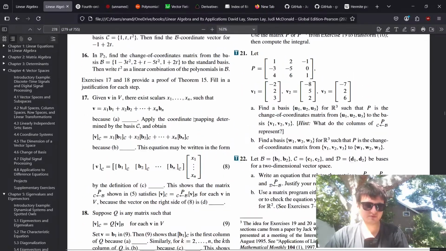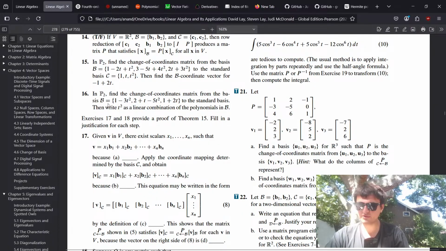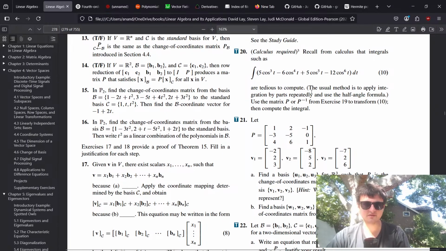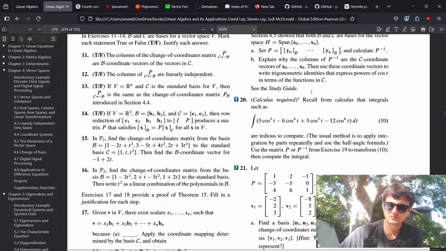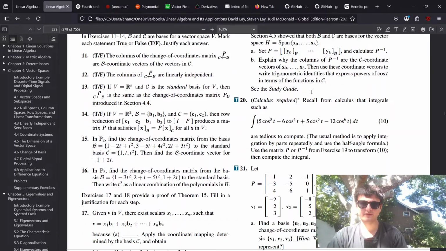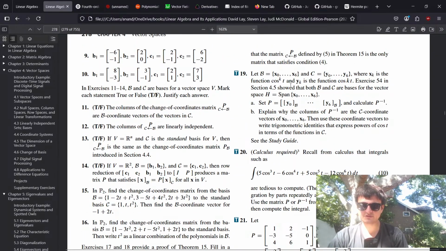Is there any ones we want to skip in there? Maybe we'll not do 16. We'll probably not do 16. Okay. Oh, and that's pretty much it. But let's read through the calculator ones. So B and C,